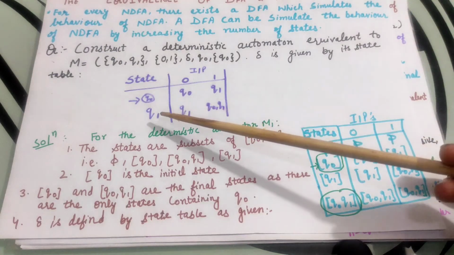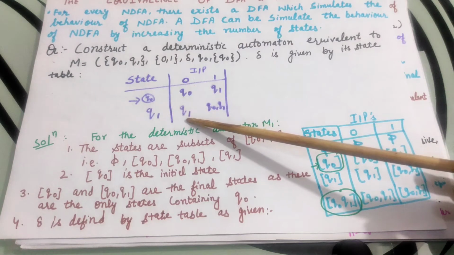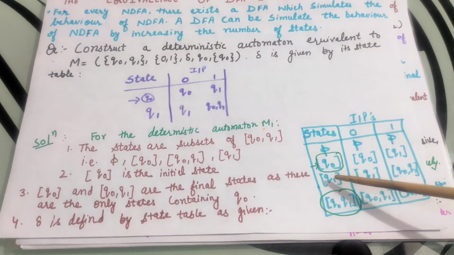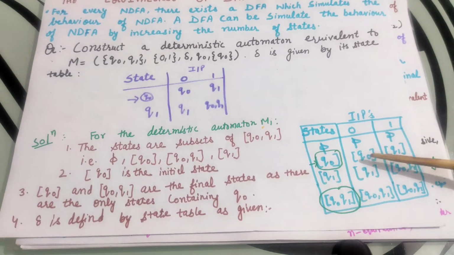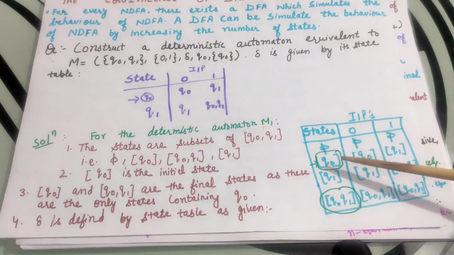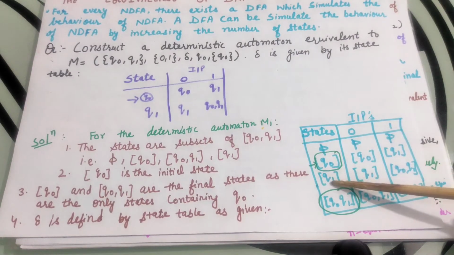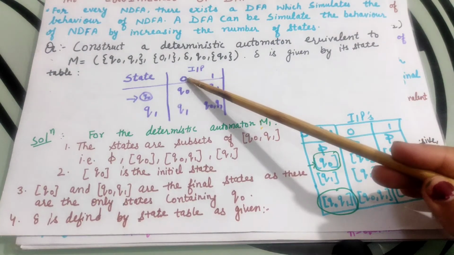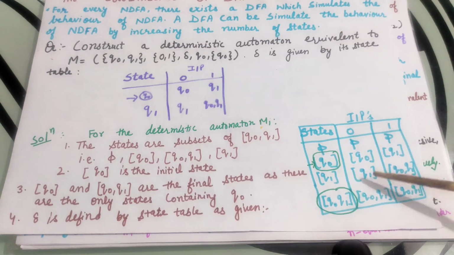Now check for the next state, that is Q1. For Q1, when we provide the 0 input, the next state is Q1. Again, this Q1 is deterministic, so no issue. We choose Q1. Why do we choose this Q1? Because at this step there are two states, Q0 and Q1. We already wrote the definition of Q0. Next we choose among these two, that is Q1. Now check for Q1. At Q1, when we provide the 0 input, the next state is Q1. So write it as it is because it is a deterministic state.